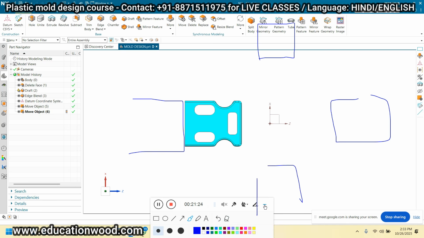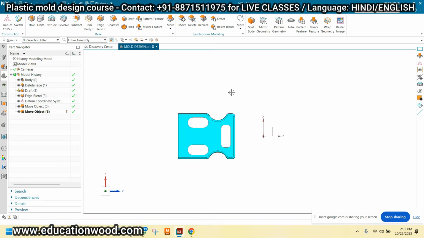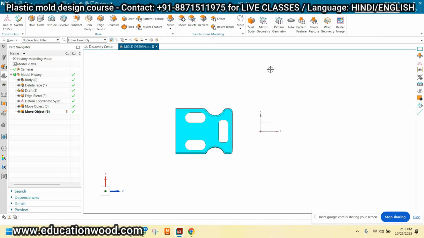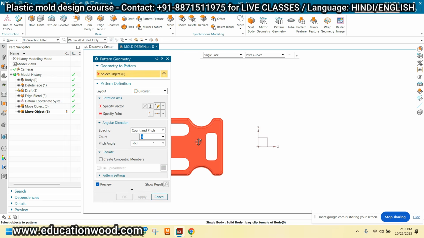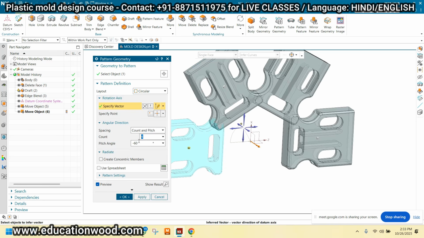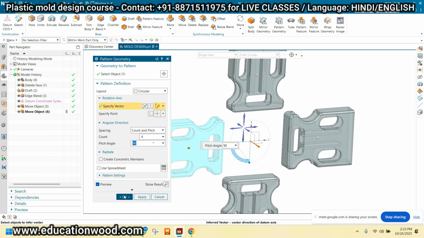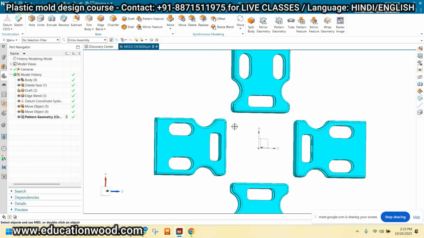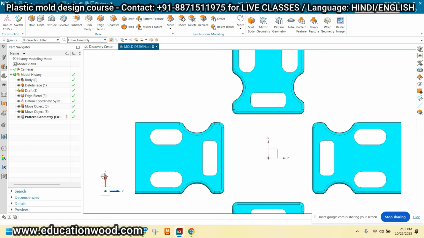Understand? Now see, take the pattern. Circular pattern, take four, each at 90, and just click OK. See, now again try to understand.